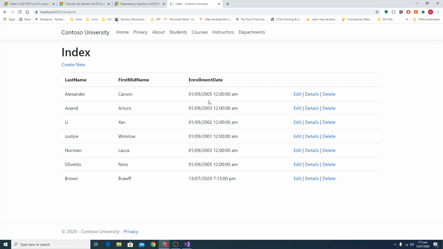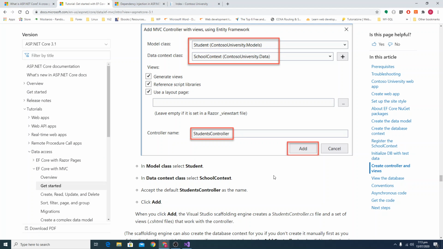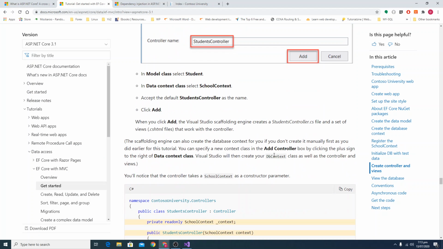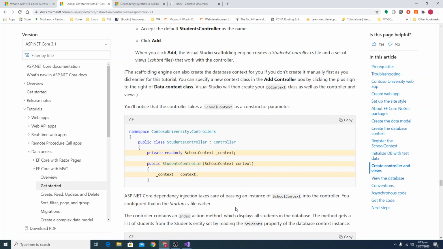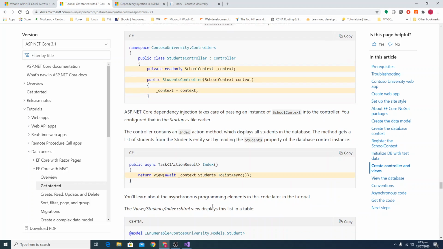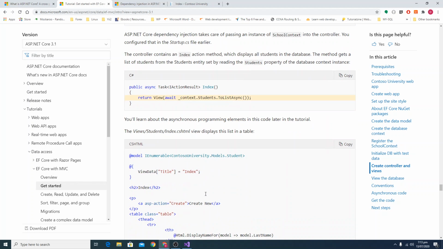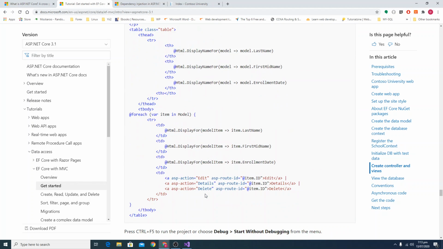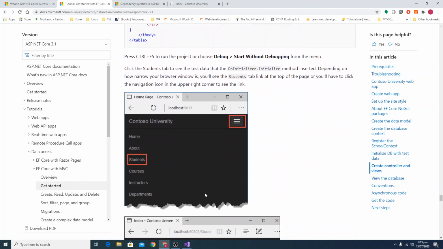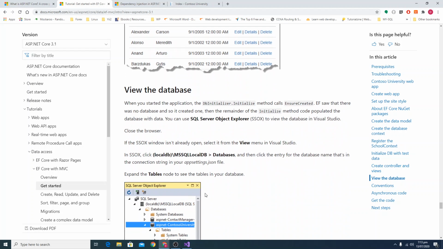All right, so we have added our new student here at 7:13 p.m. Great, awesome. All right, so that is a fully functional controller and view for our student class, and you can continue reading, and it will just pretty much explain what